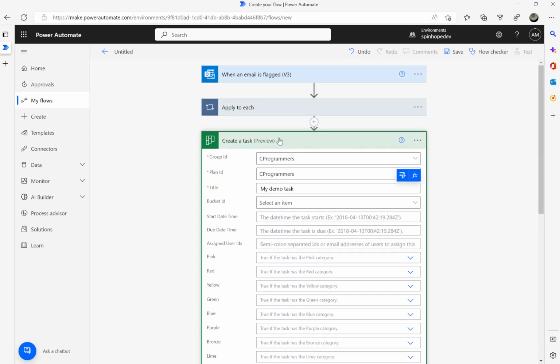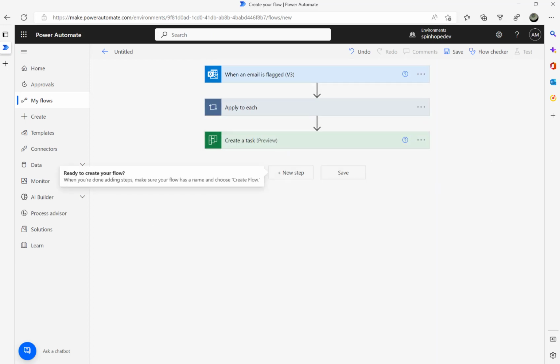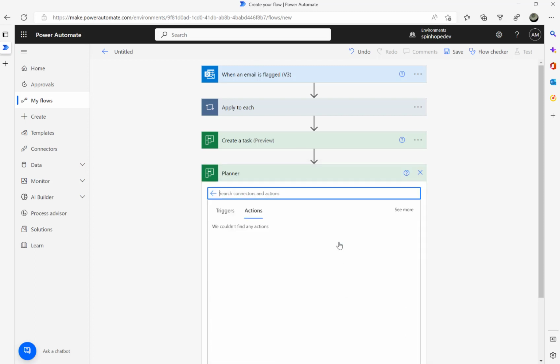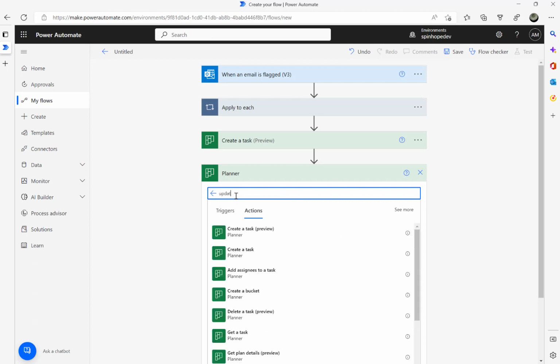so that's done. Then how to do the update? We need to use the update task to set the attachments. So for that we need to go and say update. So select Planner and use the action step called update task details. So that's what you need to use, update task details. Okay,